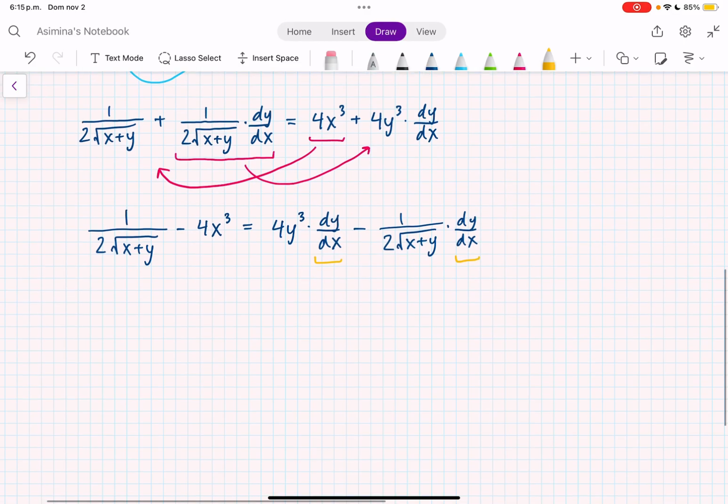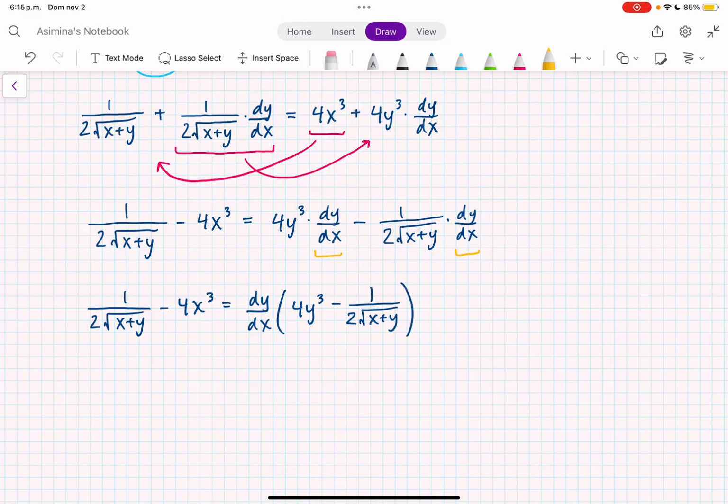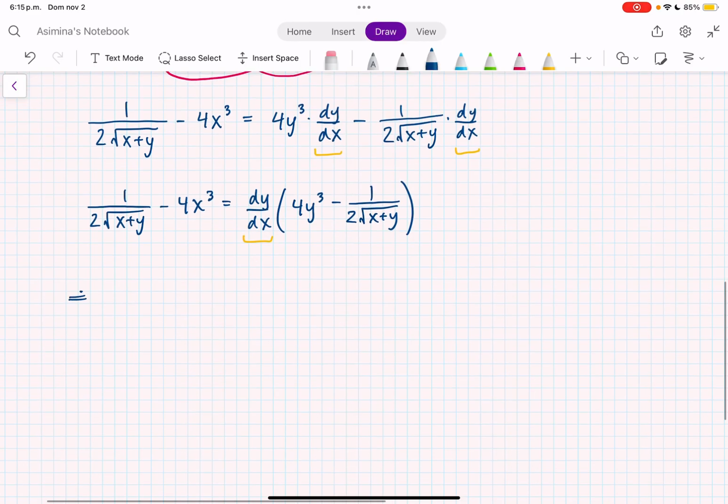So the left-hand side remains the same, 1 over 2 times the square root of x plus y minus 4x cubed, and then I can factor out the dy/dx, and I'm left with 4y cubed minus 1 over 2 square root of x plus y. Now we're so close. How can I isolate dy/dx? Well, I can just divide both sides by 4y cubed minus 1 over 2 times the square root of x plus y. So if I do that, I get dy/dx